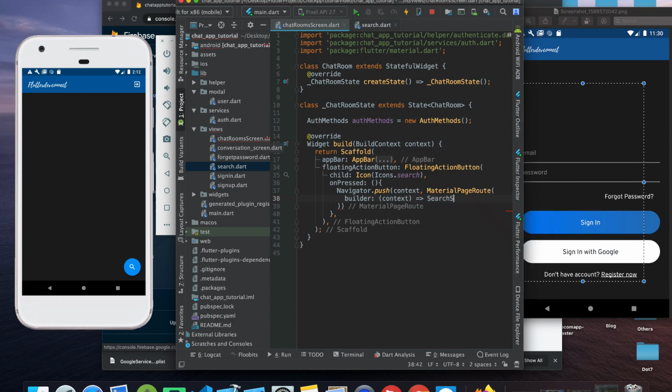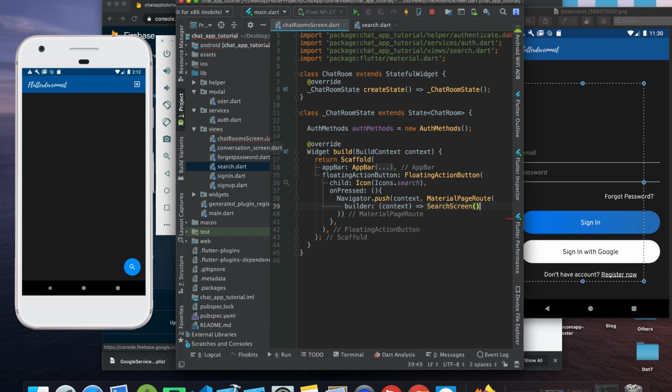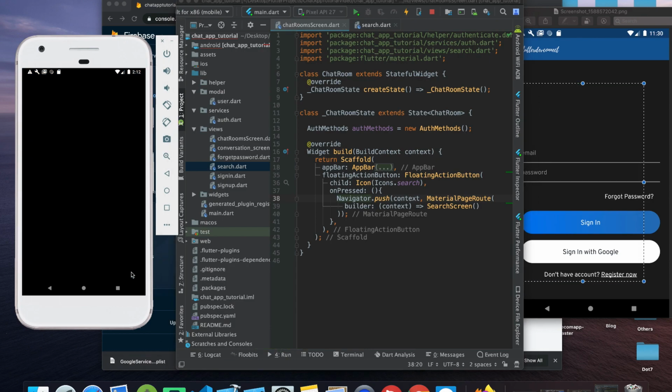So I'm going to say search screen. It's going to be automatically imported. If it's not importing, just click on this, it will show you an option to import that. Okay, once that is all done, again we don't need a semicolon here, but we will require a semicolon over here. So now if I save this and click on this, you can see